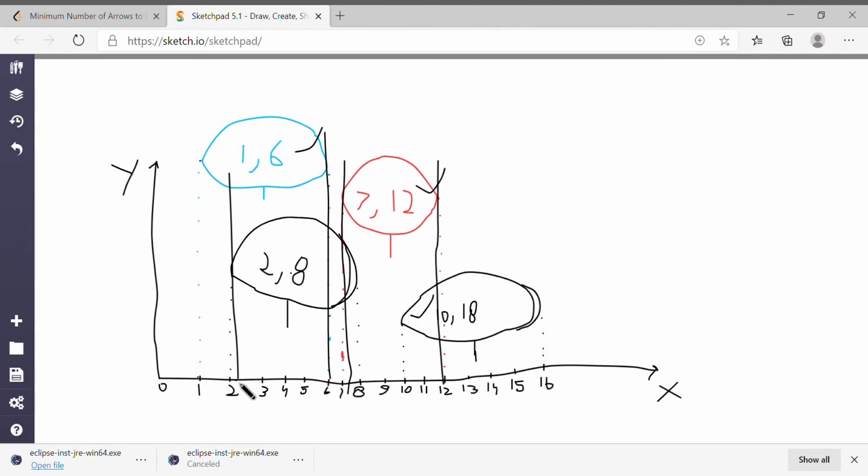From 2 to 6, we can see that there are two balloons, and we have already considered this balloon. In the next intersection interval, we have this balloon, so the total will be 2. And they mention that even if the arrow touches the balloon, it will hit.